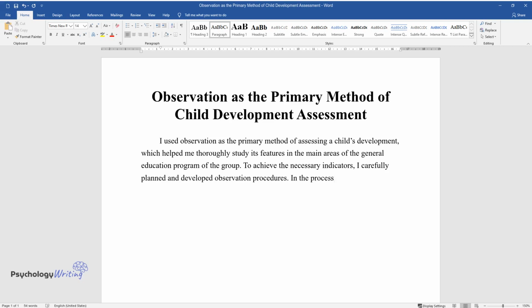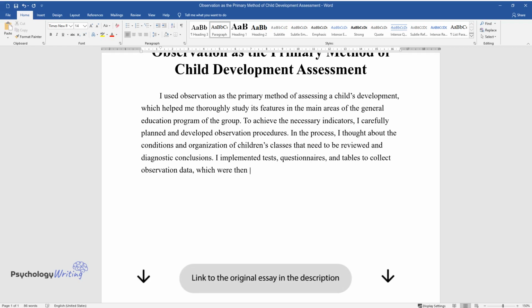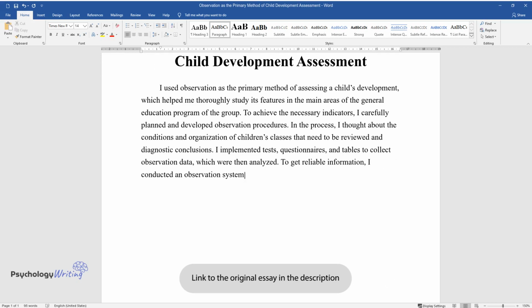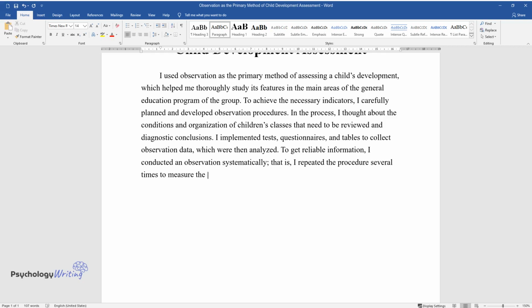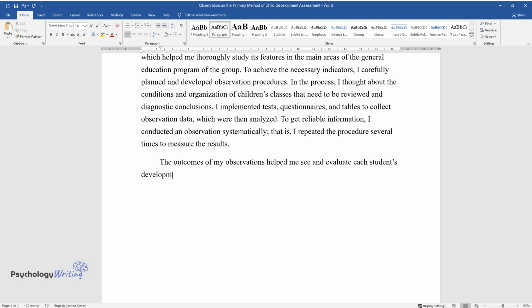In the process, I thought about the conditions and organization of children's classes that need to be reviewed and diagnostic conclusions. I implemented tests, questionnaires, and tables to collect observation data, which were then analyzed. To get reliable information, I conducted an observation systematically, that is, I repeated the procedure several times to measure the results. The outcomes of my observations helped me see and evaluate each student's development, draw conclusions, and think about individual